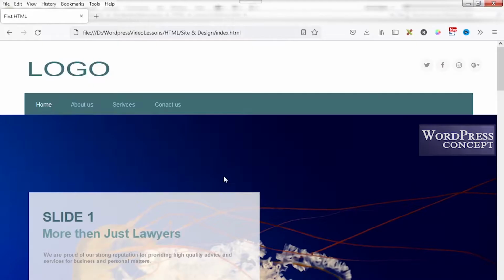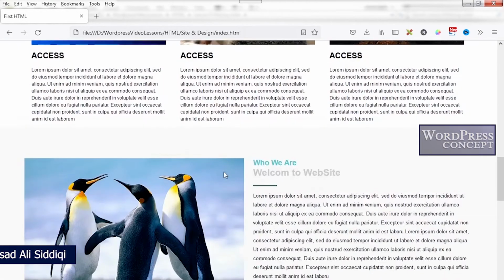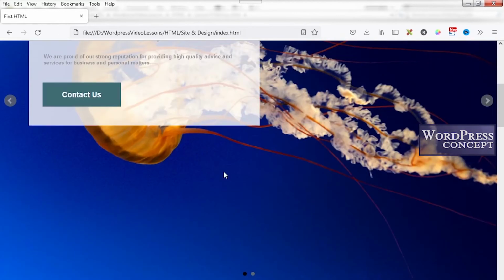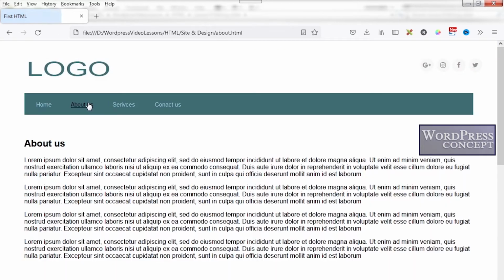Today's topic is we will convert an HTML website or an HTML template into a WordPress site. Now in lesson number 8 of HTML, we managed to create this site. Now in today's lesson, we will transfer this HTML template or HTML website into a WordPress site. Now to do that, we'll have to actually install WordPress